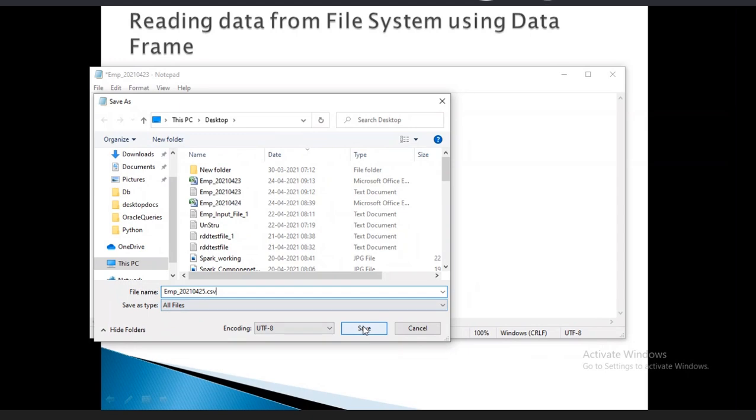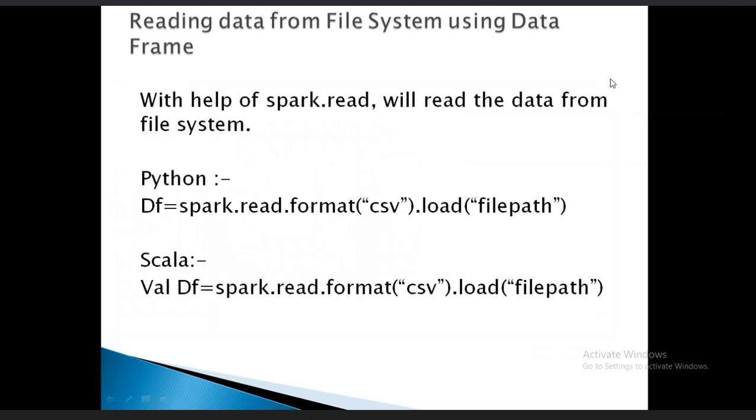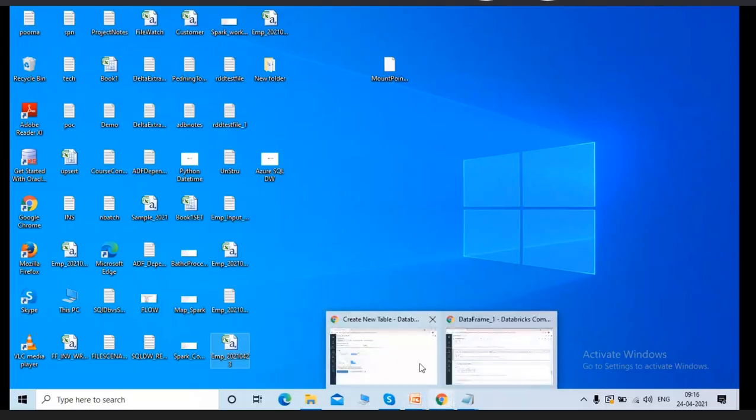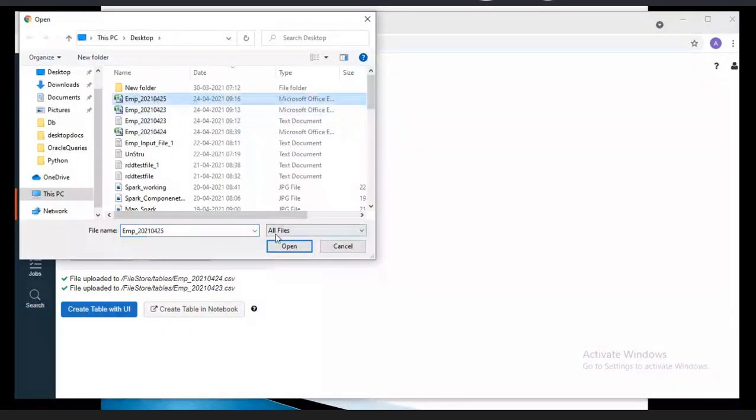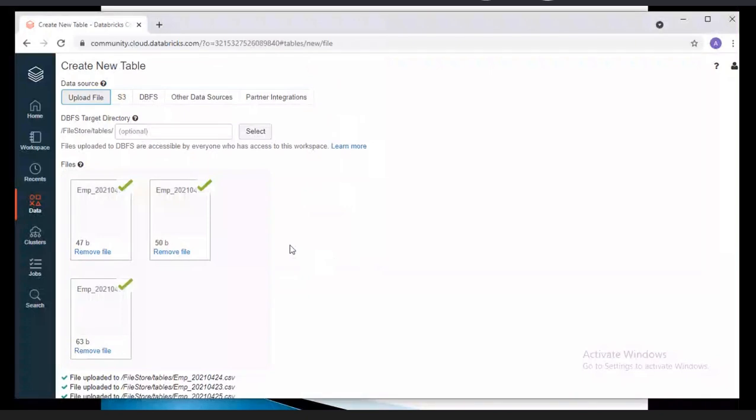Now in this case, it will ignore that additional column, right, sir? We'll see. I think it will consider 4 columns.